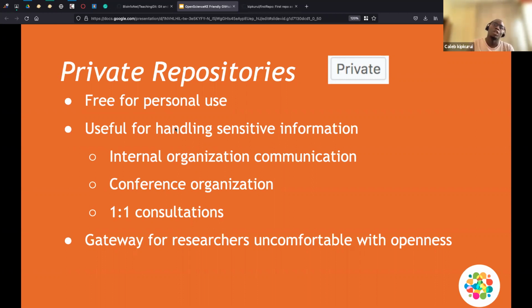But for now, each one can have access to a private account, especially if you're using it for custom use. Within an organization, it's not available. It's only available if you have paid for it. So this is where you use it for handling sensitive information, so internal organization communication, conference organization, one-on-one consultations, and so forth. And of course, anyone uncomfortable with openness. And you can always start with it being private, and later on, you can open it up for everyone. So, for example, if you're working on your research project, you could start with a private repo, and as you go along, you change it to public when you are published or you're done with your research